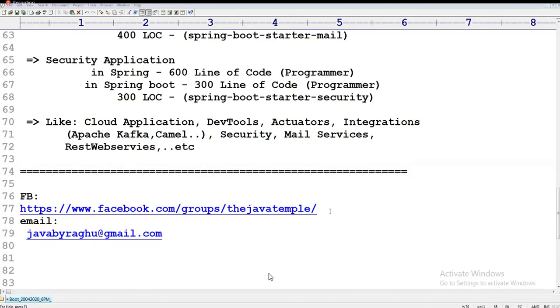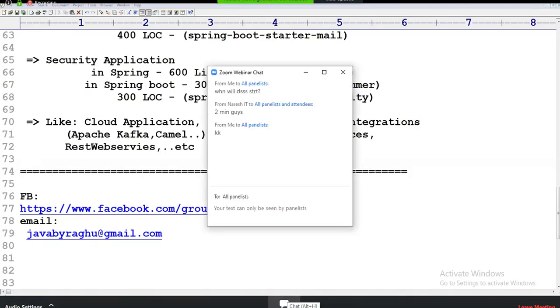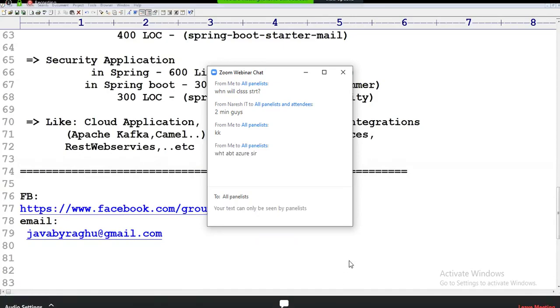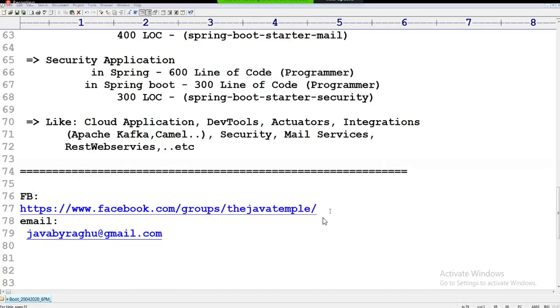If you don't know Spring, some Spring concepts are provided that you can go through and learn. Sessions will be taken every day for 1 hour to 1.5 hours. If you don't know Spring, I'll give a few Spring concepts that we have to understand. Docker is also covered. OAuth 2 is also covered. Small mini projects are also provided.